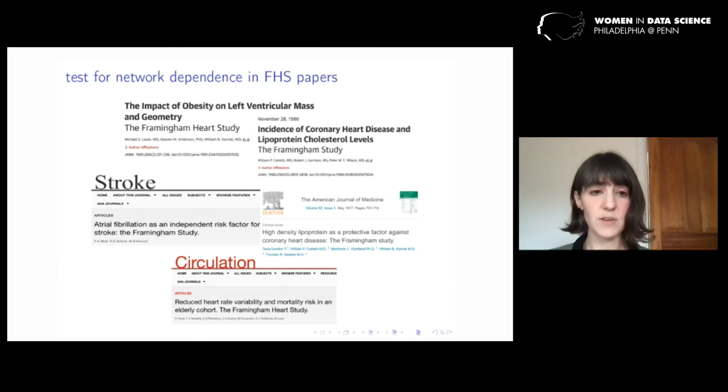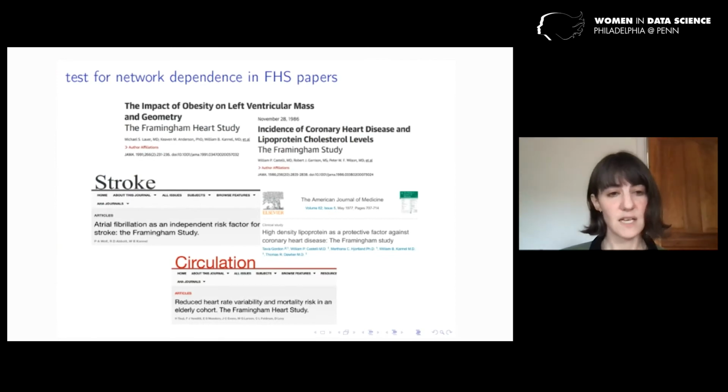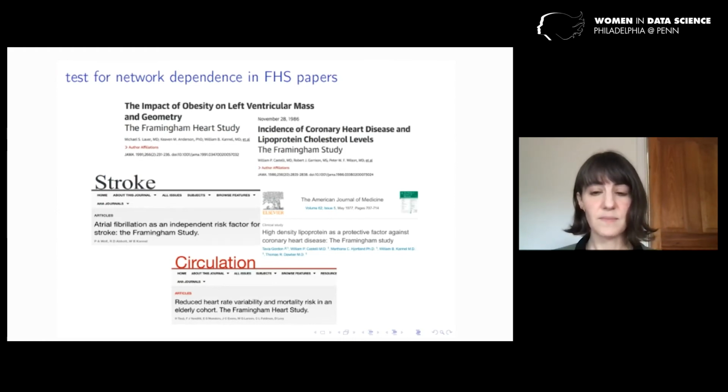And in fact, we found extremely strong evidence of dependence in every analysis from 2 of these papers, the Lauer et al. and Suchi et al. papers. And in the other 3 papers, we found a mix of evidence of dependence in some of the analyses and inconclusive evidence in some of the analyses. So in none of these 5 papers did we fail to find any evidence of dependence, and that was really surprising. Obviously, this is a tiny fraction of Framingham Heart Study papers, but it suggests that much of the research coming out of Framingham Heart Study